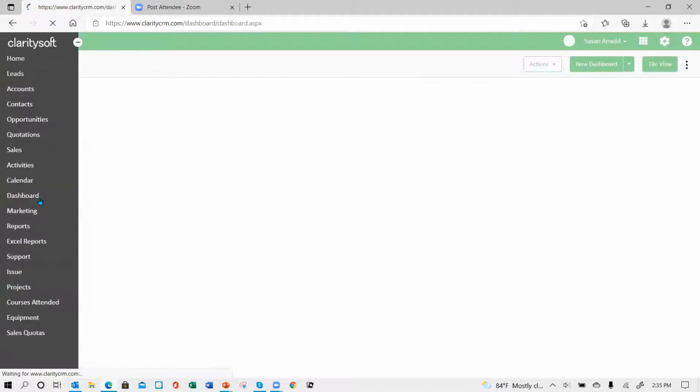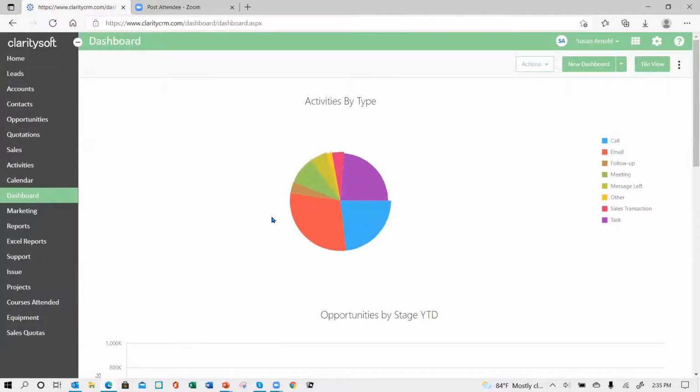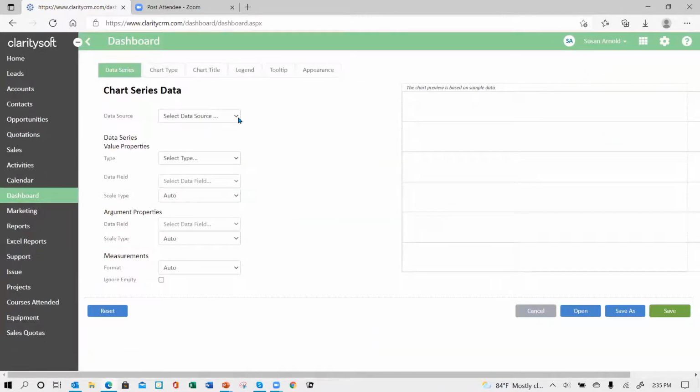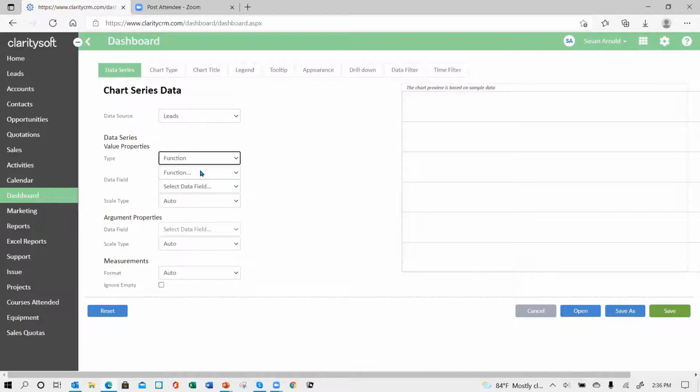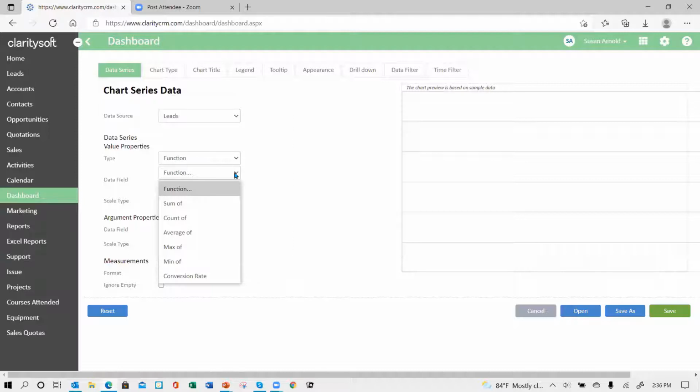So let's go here and new dashboard. This time we're selecting the leads module and we're choosing a function. We've done the sum function for everything so far, but this time we're going to do the count, because what we want to do is count how many new leads did we bring in,